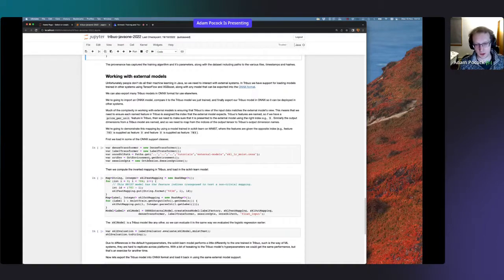It knows all those things, but you have to give us a bit of help for external systems, and that's because we won't know the mapping from Tribuo's feature names to the index in the float array where each feature should live. So if you have a particular feature which is called price per unit, you need to tell Tribuo what index in the float array the price per unit feature should live.